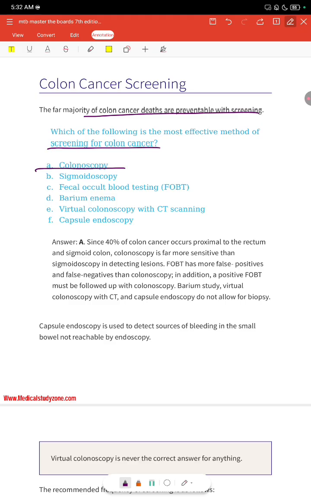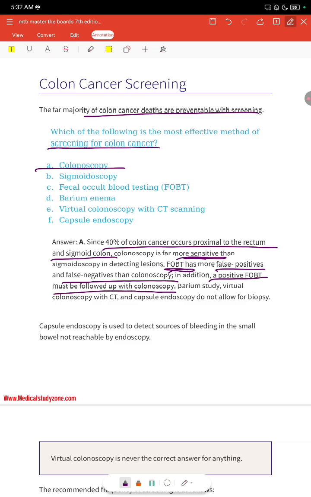The answer is colonoscopy. Since 40% of colon cancer occurs proximal to the rectum and sigmoid colon, colonoscopy is far more sensitive than sigmoidoscopy in detecting lesions. FOBT, that is fecal occult blood testing, has more false positives and false negatives than colonoscopy. In addition, a positive FOBT must be followed up with colonoscopy. So you can't decide on the basis of a positive FOBT alone that there is cancer. You still have to follow it up with